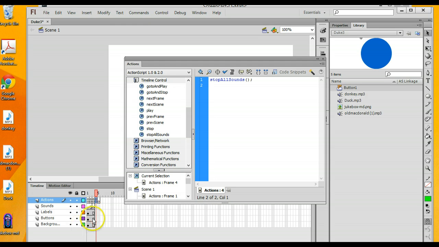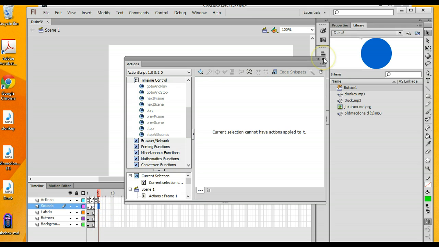Now I've got to do that on a separate frame, because if I do it on the same frame, then as the sound is on, the sound won't play because it'll stop all sounds, as it says. And on frame number 5, I'm going to press stop. Now frame number 5 is where I put my next song,